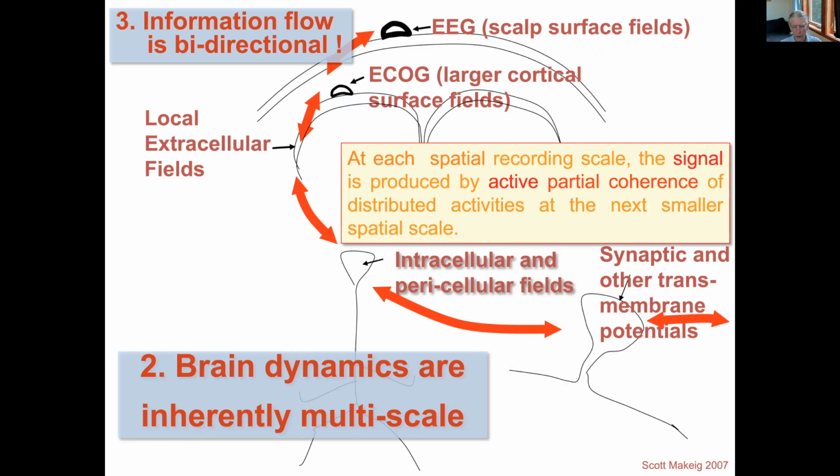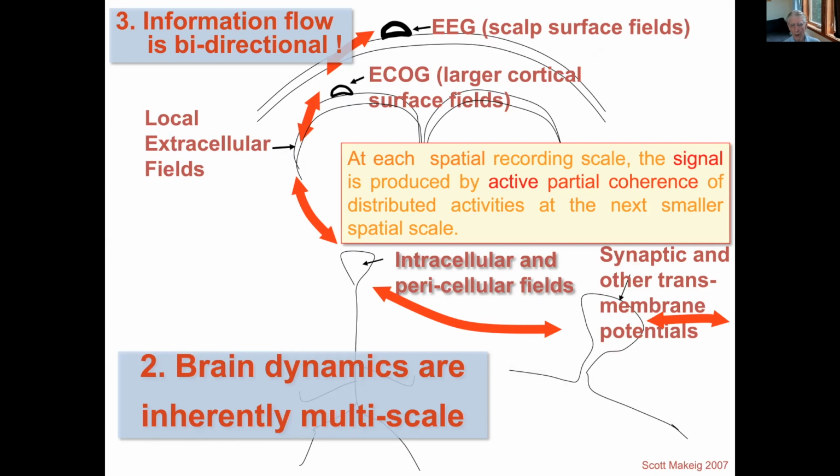local field potentials influence the exact timing of spikes and the synchrony of spikes coming up from a local area. That means that common targets of those spikes will get a much more effective or less effective signal depending on the degree of synchrony of the outgoing spikes. That will change the import of the message, the effects of the message at common target sites, and will change learning and plasticity.